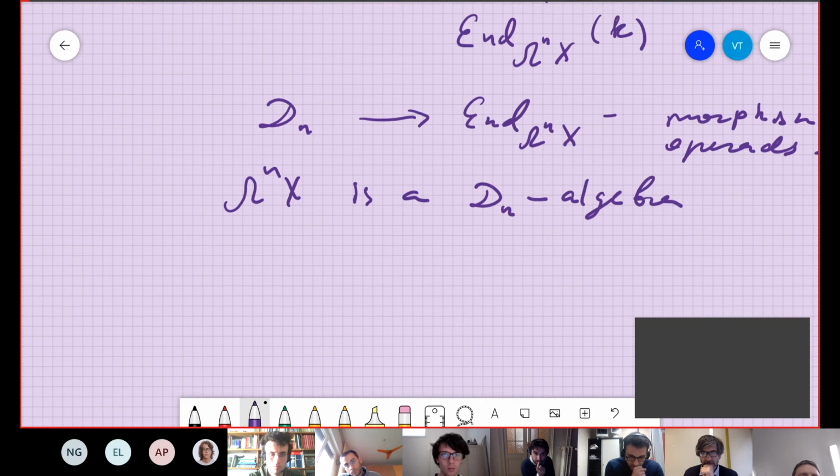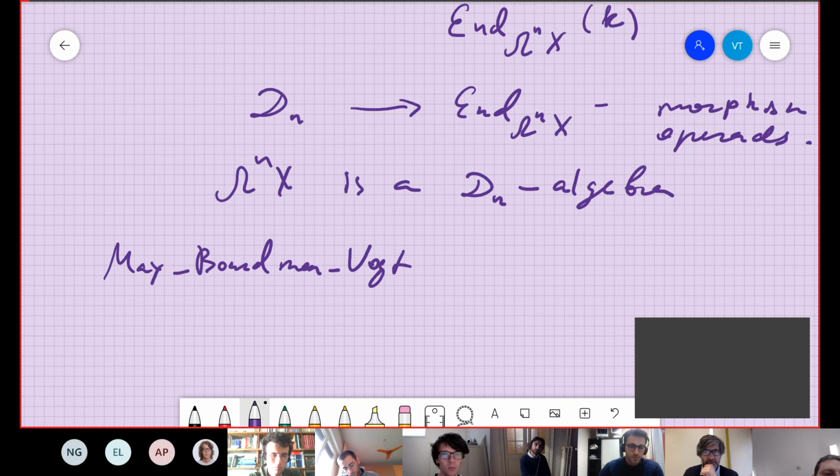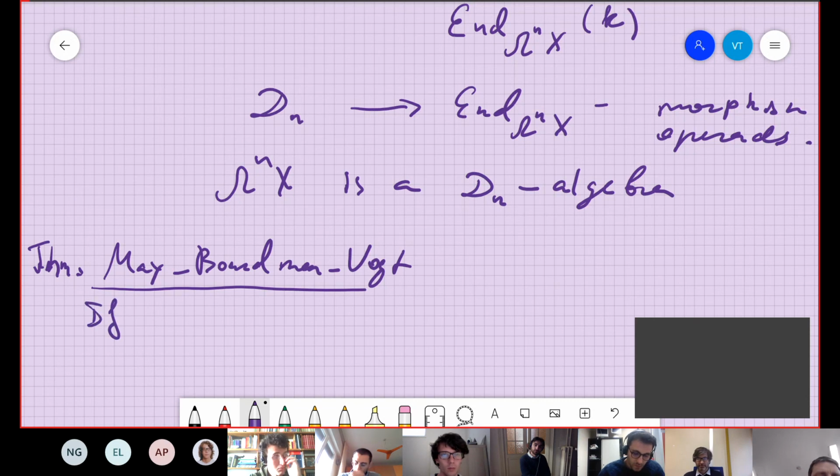And there is an important theorem of May and Boardman-Vogt, a theorem which says that if X is a Dn algebra